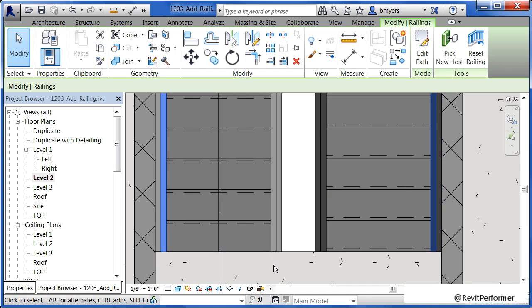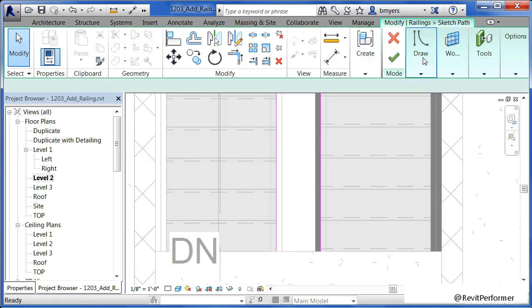What I want to do is add another piece of railing that comes up to here and comes back across. To add the railing, instead of just drawing it in like we did in the previous example, select on the already existing railing. This railing was automatically created when the staircase was created. And then pick on Edit Path. This is the same process if we wanted to modify the path of the railing that we had just done in the previous steps. We could have selected on our railing, clicked on Edit Path, and then redrawn any of those lines that made up the path, and then the railing would have followed that path instead.